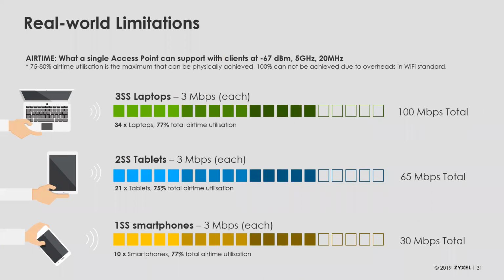In this scenario, we are using 20 megahertz channels, 5 gigahertz frequency, and all the client devices have the same signal strength. What we see here is a laptop with a good Wi-Fi chip that supports 3 spatial streams, as does our access point. With this, you can get 34 devices on there watching a 3 megabit stream